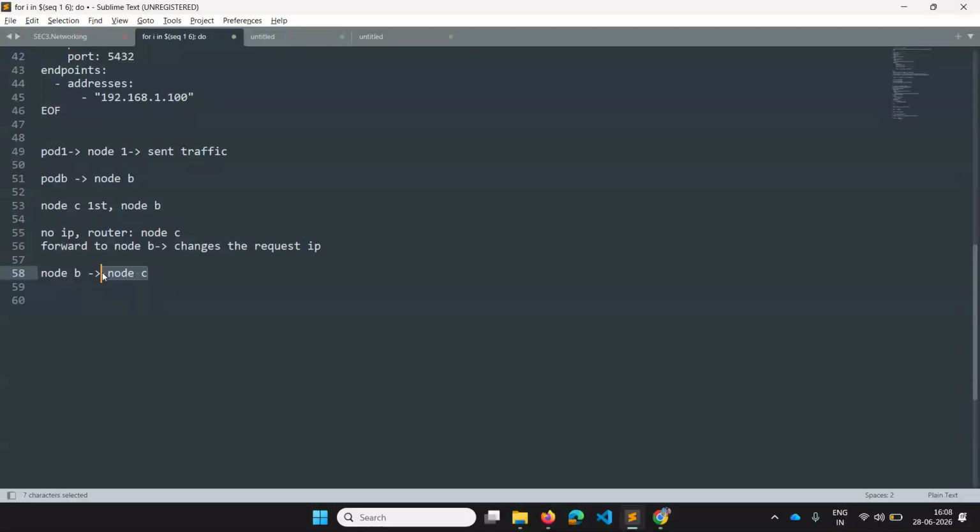So node C does that and sends to node B. And now node B thinks the sender of this particular gift is node C, so I should be responding to node C. Now node B sends the response to node C, assuming that this is the sender.